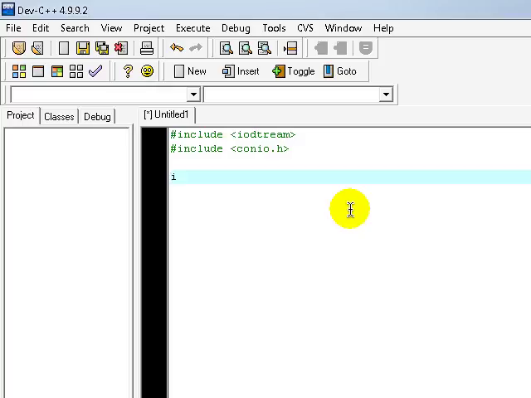Down here we're going to have our using namespace std. This just stops us from putting std colon colon in front of everything. It makes the code a lot cleaner. There you go. And then here we're gonna have our function int main, and here are gonna be our